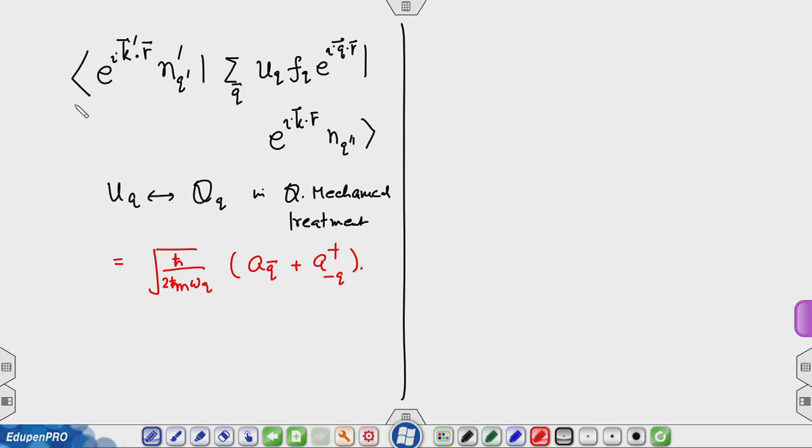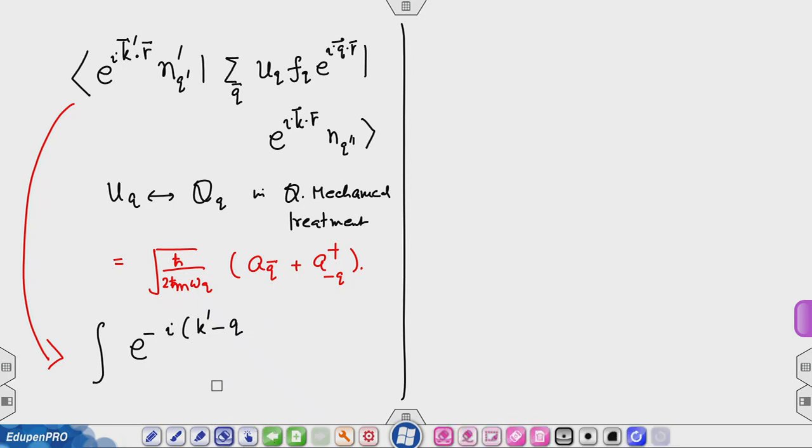So all this then comes out to be proportional to, let me write this as, the integral of e raised to minus i (k prime minus q, or that will also be minus k) dot r,